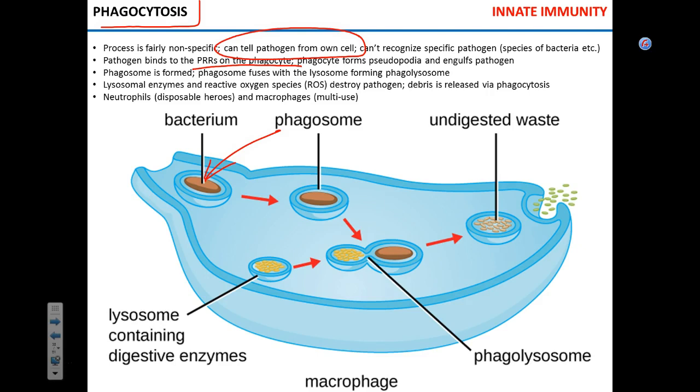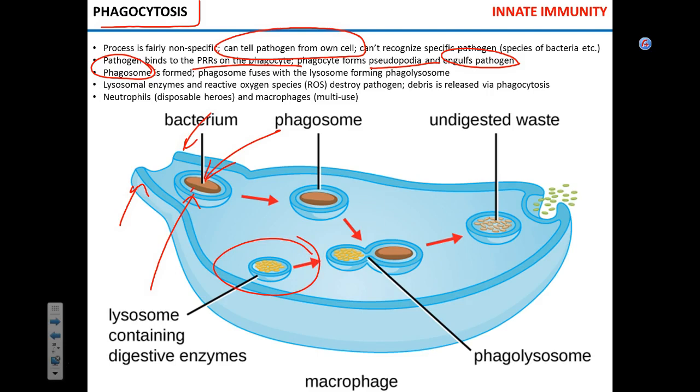Then the phagocytic cell forms so-called pseudopodia, or false legs, and these pseudopodia engulf the pathogen. Okay, so here you can see the engulfed pathogen in the vesicle that is called a phagosome. The role of the phagosome is basically to transport a pathogen into the phagocyte, and eventually the phagosome fuses with a